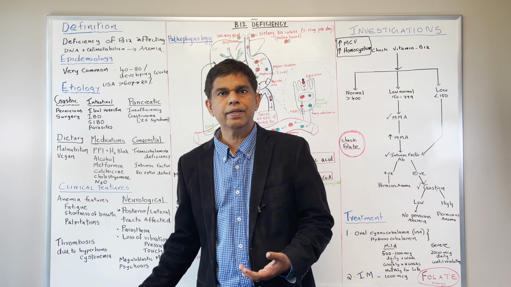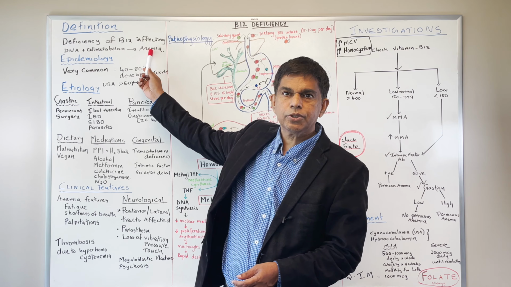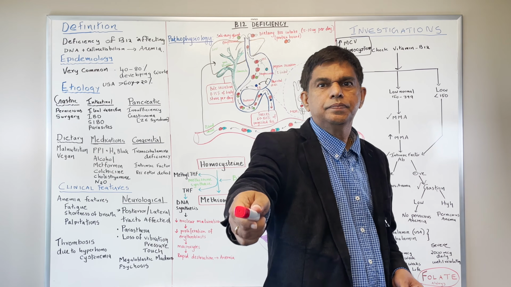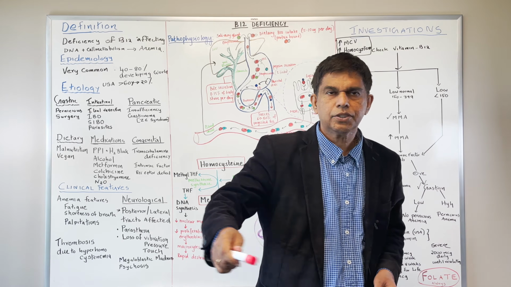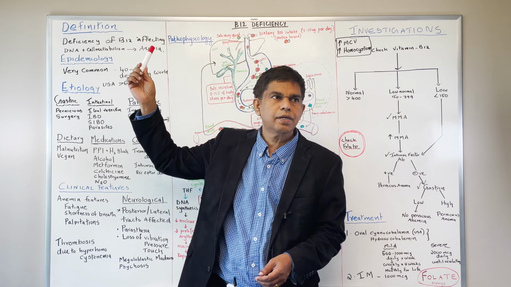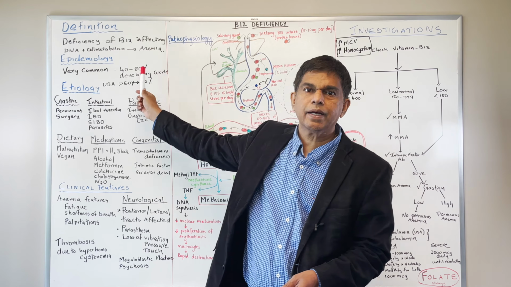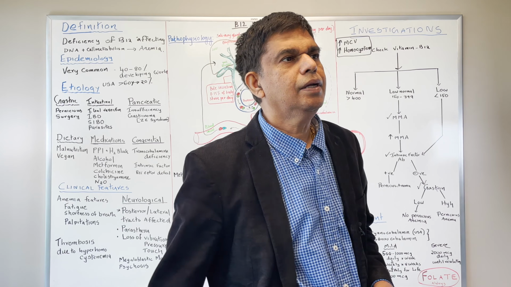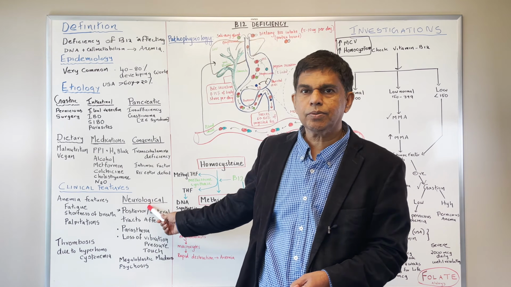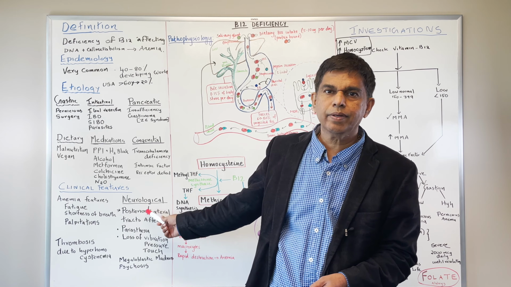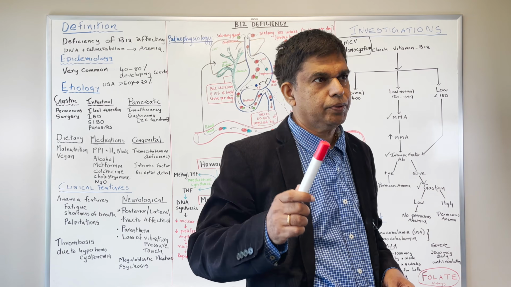They don't have to be anemic to have vitamin B12 deficiency. So this happens only in what percentage? Somebody tell me. 80%. Only 80%. Everybody got that. Don't forget it, right? So 20% of the people might not have anemia, and you can easily miss your diagnosis. And what are these complications up here? Somebody tell me. Neurological complications, very deadly. So you could miss that. Okay, everybody got that important point.